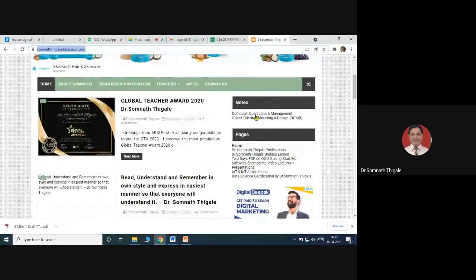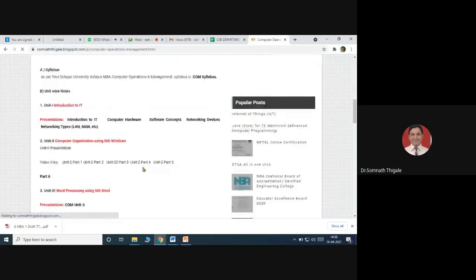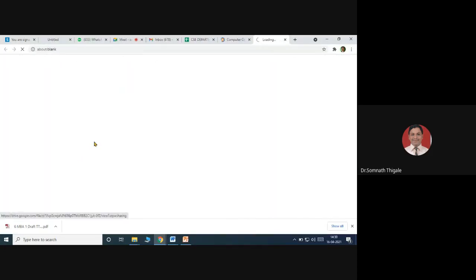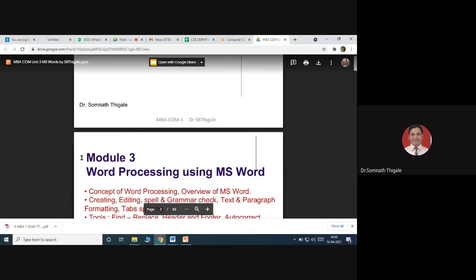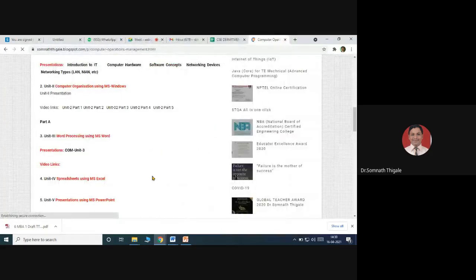You have an option here, computer operation and management. And I kept my third chapter over here, and the complete notes are available. If you click here, you get the Word file in the same templates. You can download it on your desktop and check the symbols over there. So do the practice for the same, and we'll take a pause here for today's session.